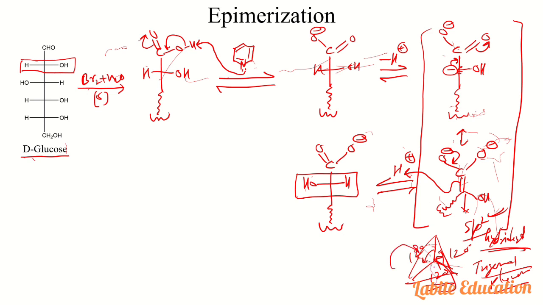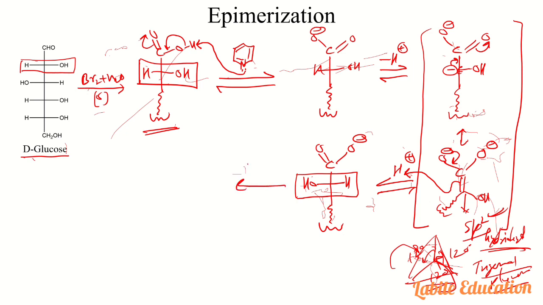Suppose if it is attaching from one side, we will get the one that is glucose, but from the other side we will get the changed configuration. So we are considering here the changed configuration. There is the possibility of attack from both sides. From one side attack we will get the starting material, but if the attack is from the other side we will get a different product, which is the epimer. So here you can see the configuration has been changed. Earlier the configuration was this, now the OH is on the left hand side, so this has been changed.